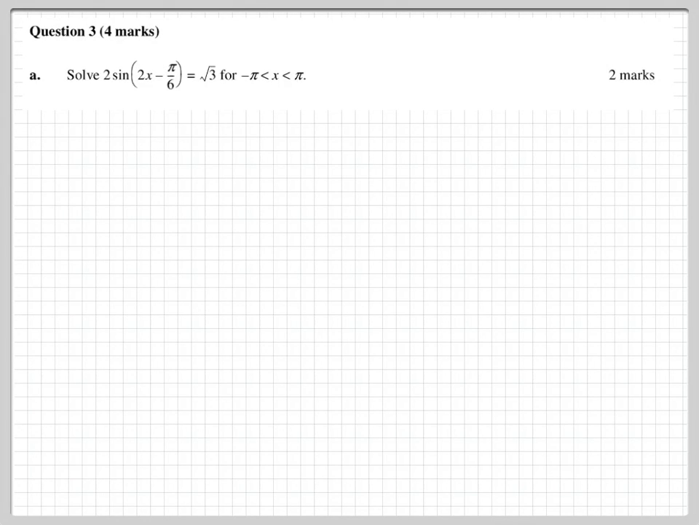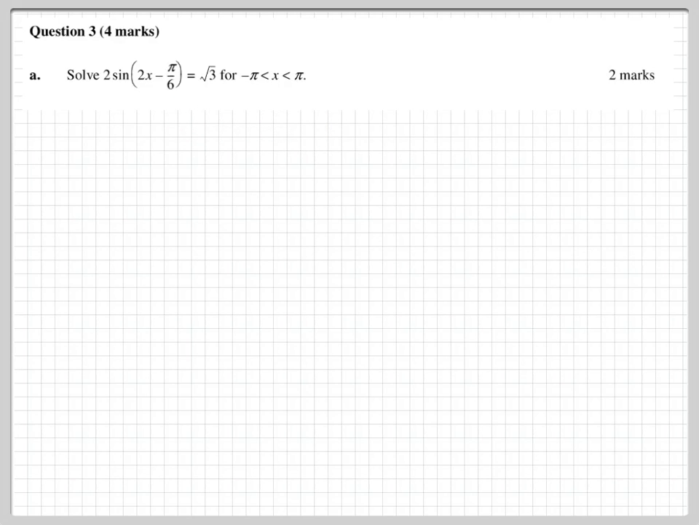Okay, this is NEAP 2015, Maths Methods Exam 1. We're going to do 2 or 3 questions out of this exam. The first is question 3, which is worth 4 marks. And the first part is to solve 2 sine(2x minus pi on 6) equals root 3 in this particular